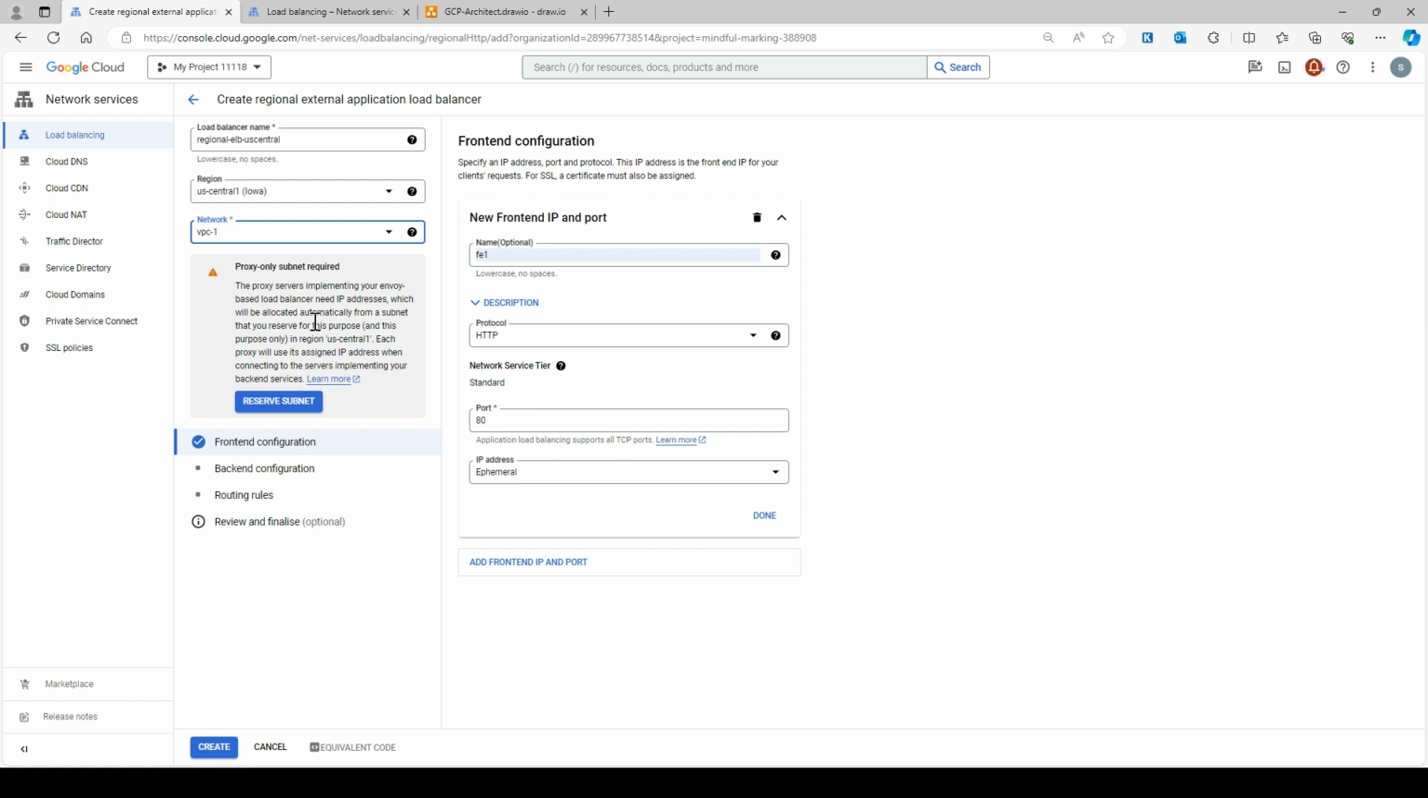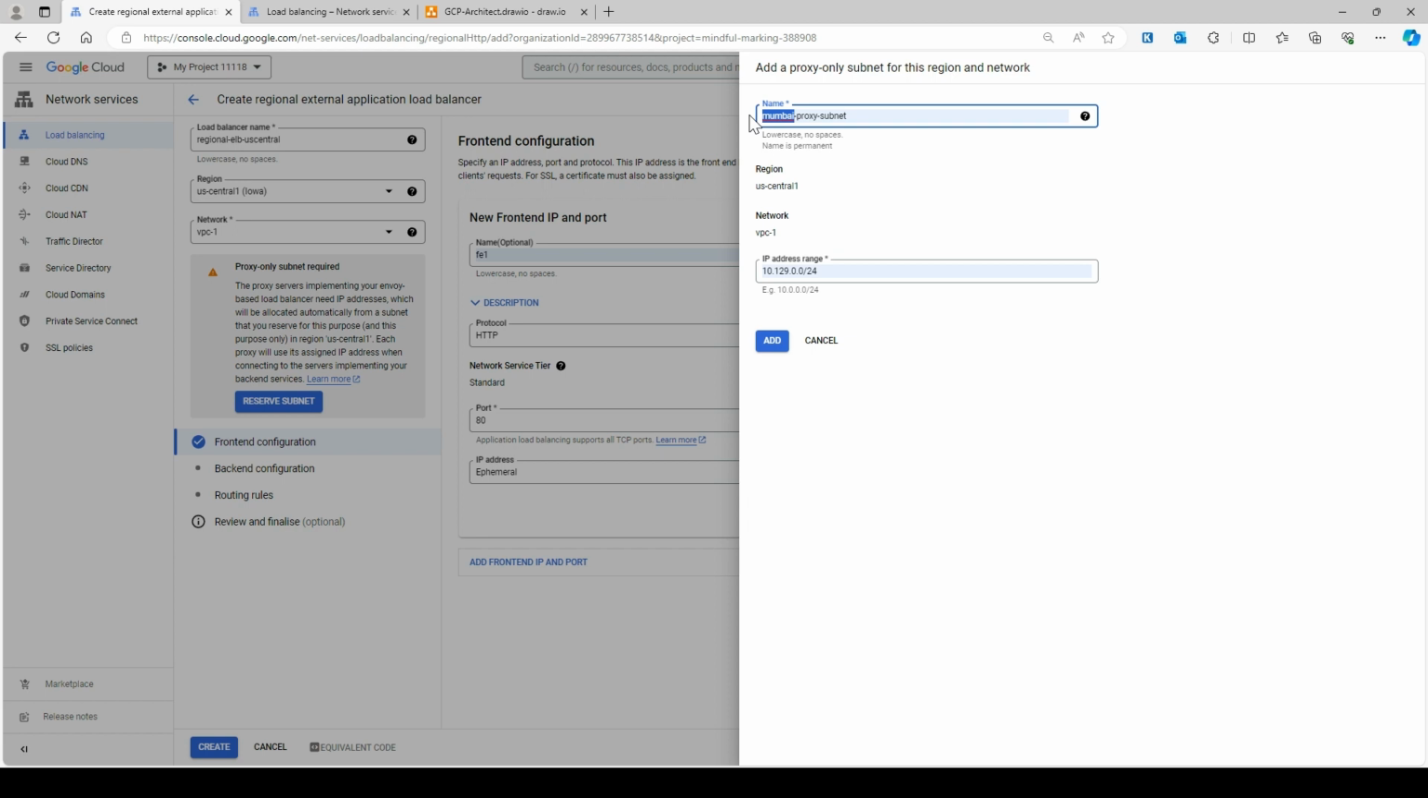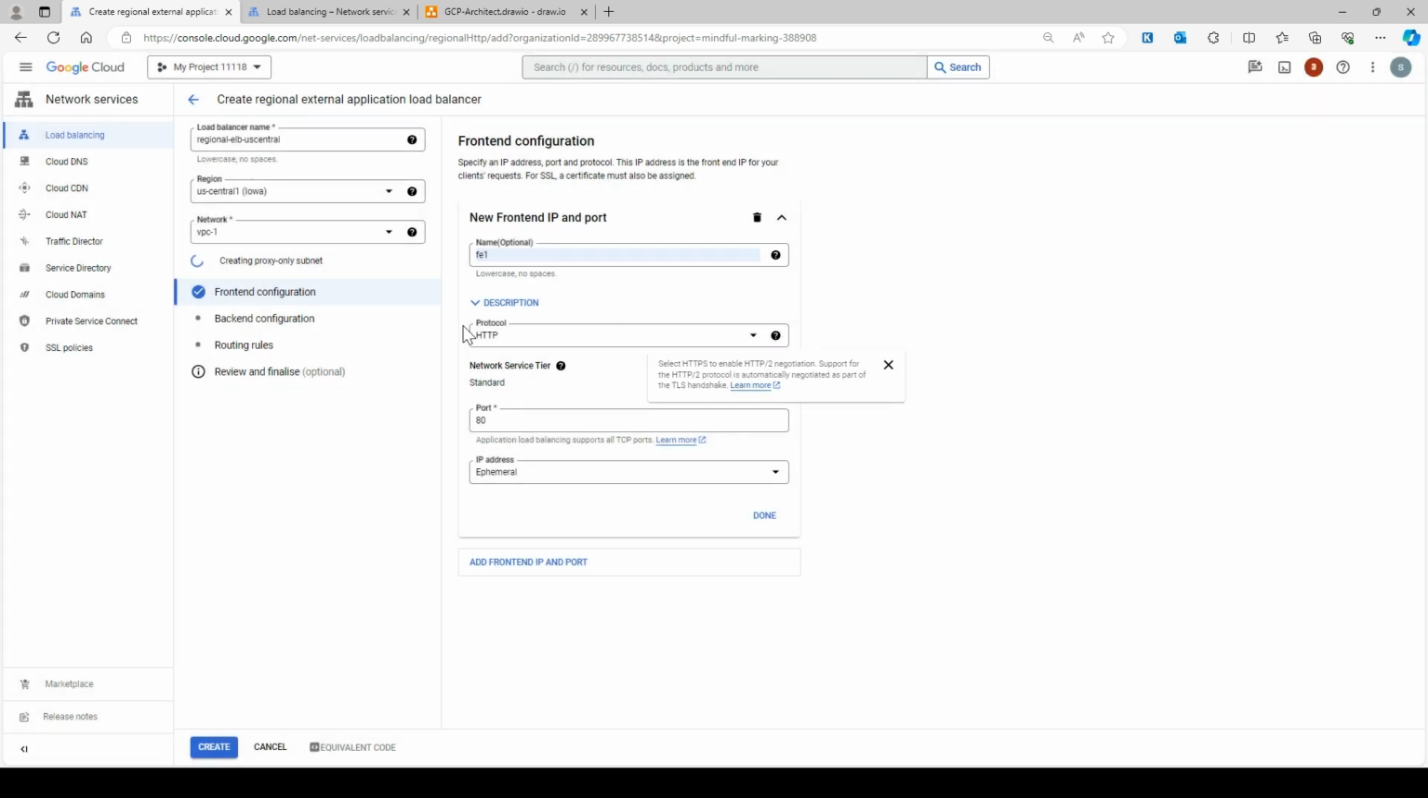So earlier the proxy subnet was already visible in the Mumbai region because it was already created. If you don't know how to create a proxy only subnet, you can create it from here as well. So I'm going to name it US Central, and the range I used 129 earlier. I'm now going to use 130. V2,